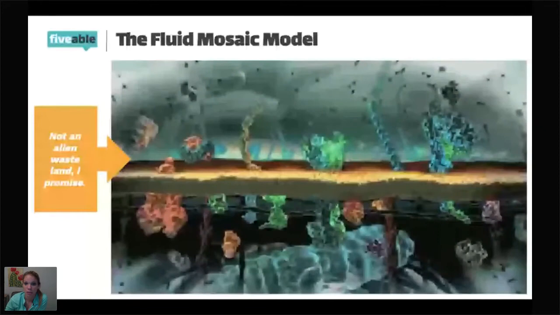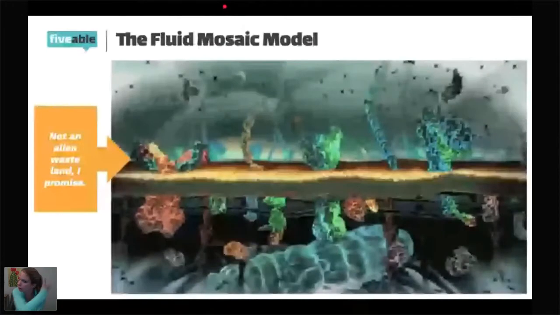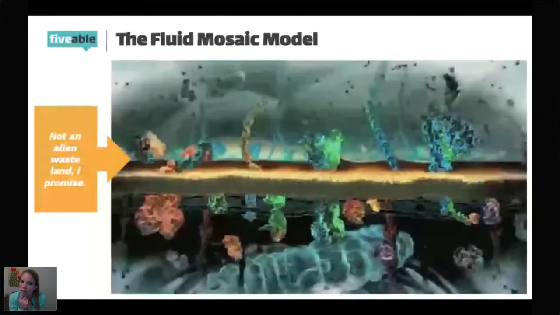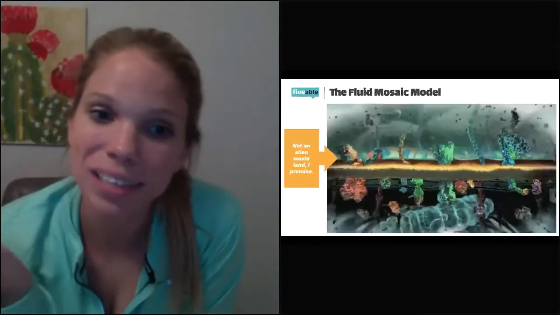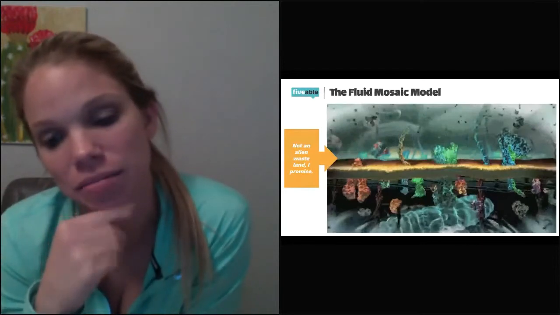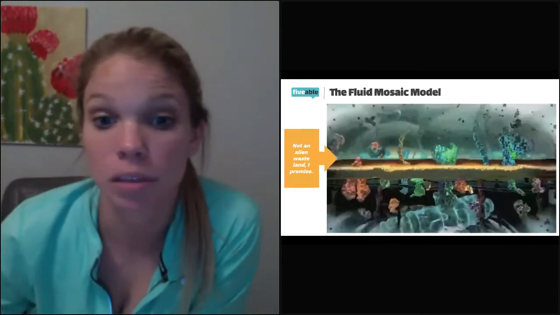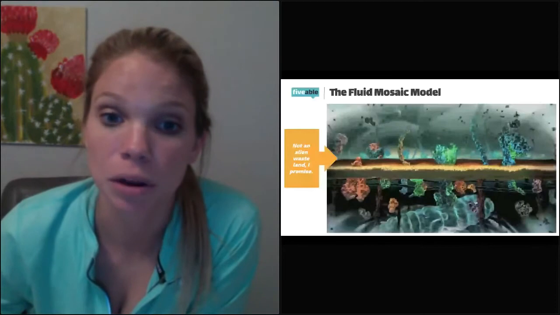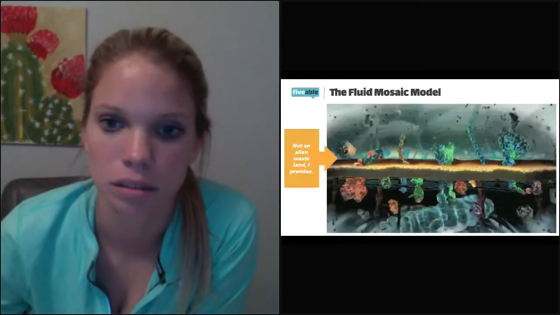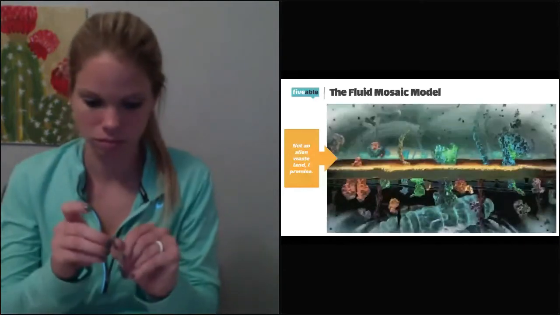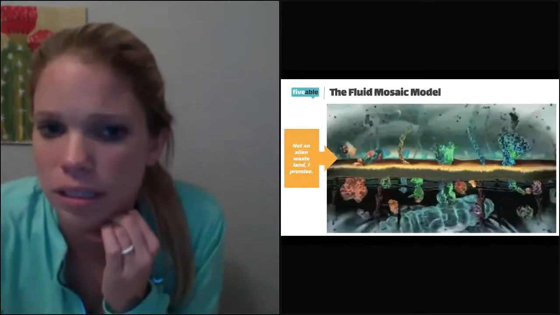One more thing I want to emphasize here, the fluid mosaic model. We call it fluid because it's flexible. Why do we call it a mosaic? Why do we say the cell membrane is a mosaic? Tell me things. Why? So many different parts all together. Very good. So what are some examples of those parts that are on there? The many proteins. Very good. What else is in that cell membrane?